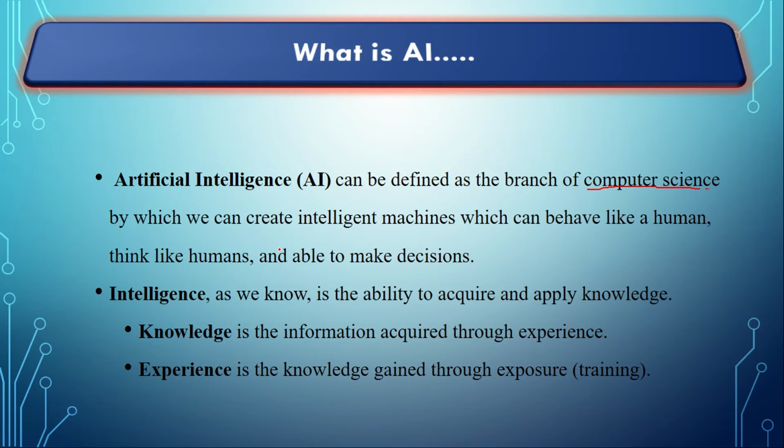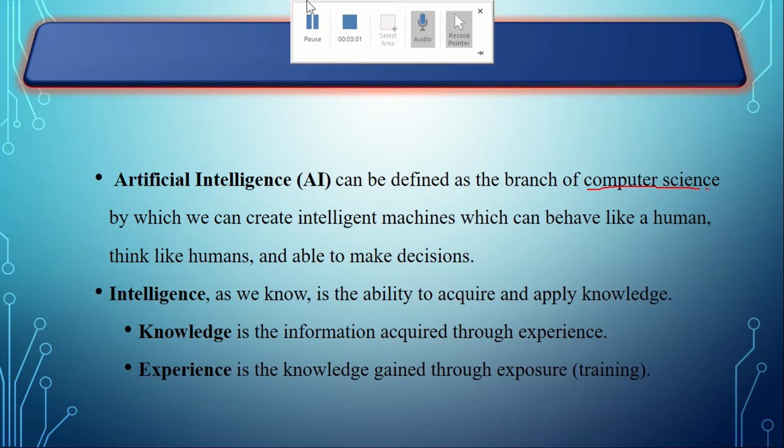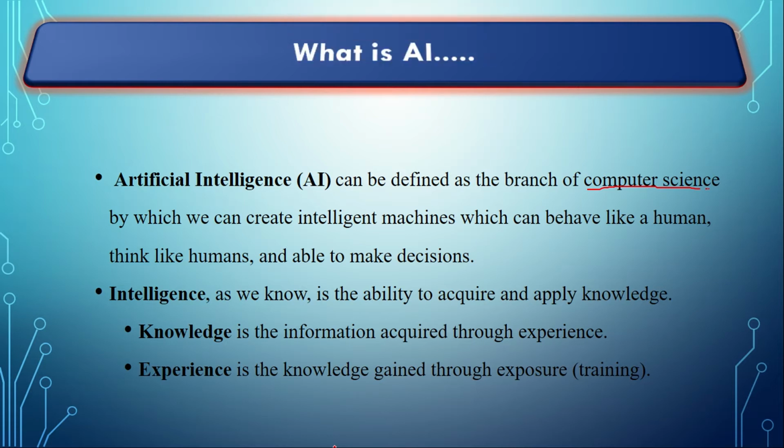Secondly, intelligence, as we know, is the ability to acquire and apply knowledge. Knowledge is the information acquired through experience. Experience is the knowledge gained through exposure and training. For example,